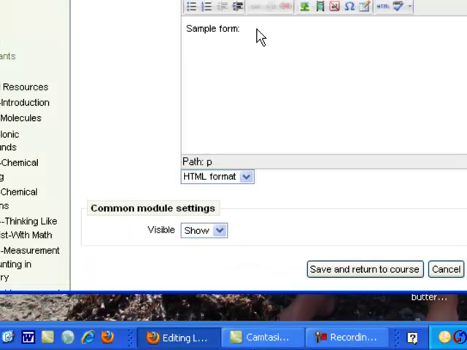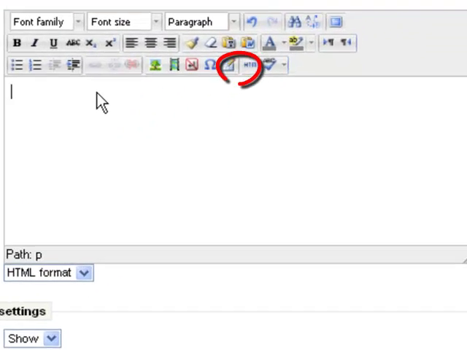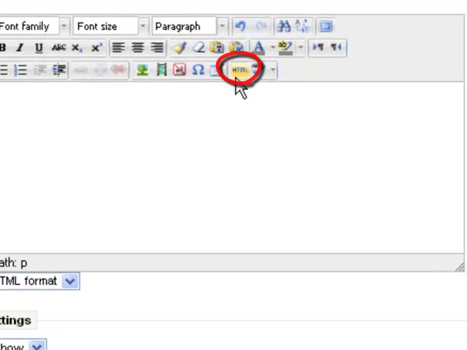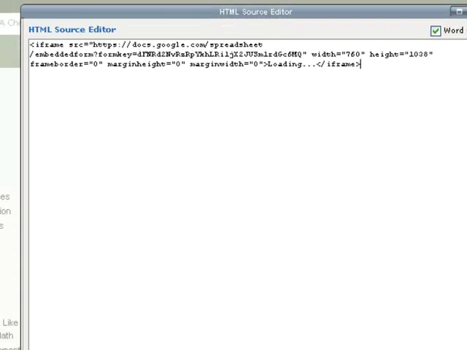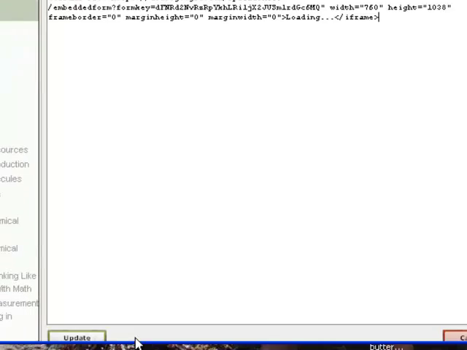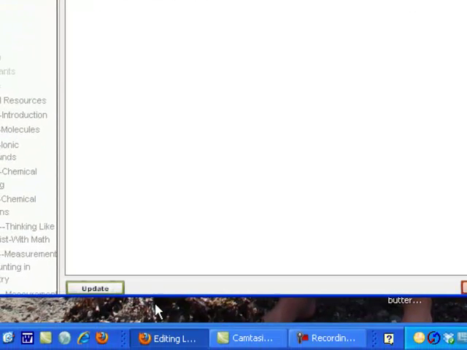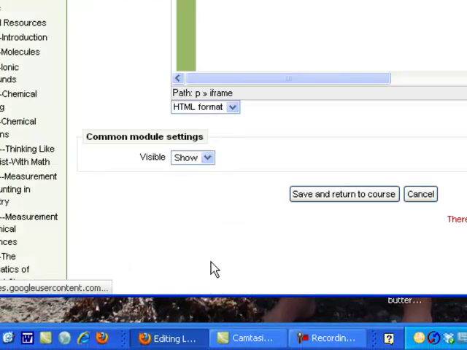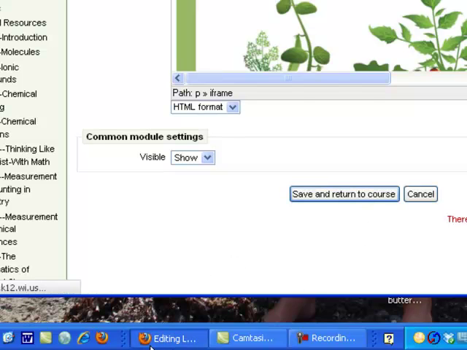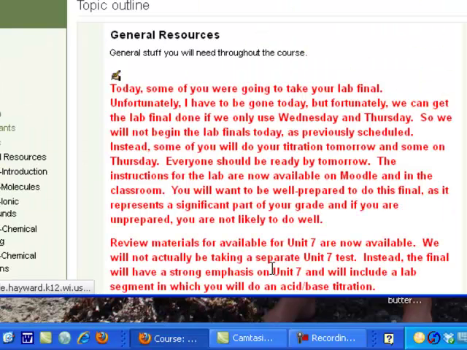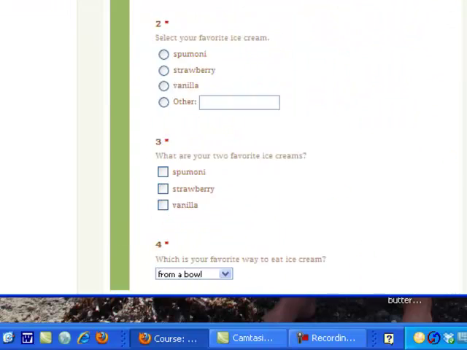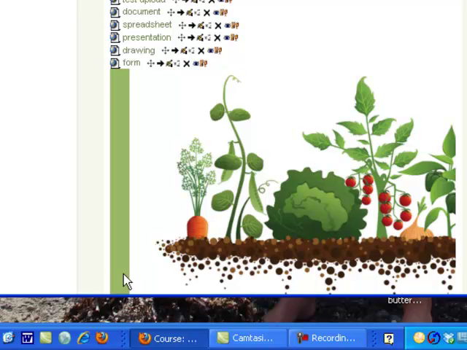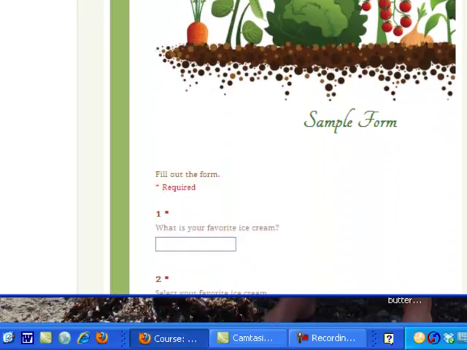And then in label text, you can either title this thing if you'd like or just not, and click on the HTML button. This takes you to the source, and then you just paste in the code that the Google form gave you, and click Update. Click Save and return to course. And now that form is embedded right on your Google page. So as soon as the students open it up, they see this form,